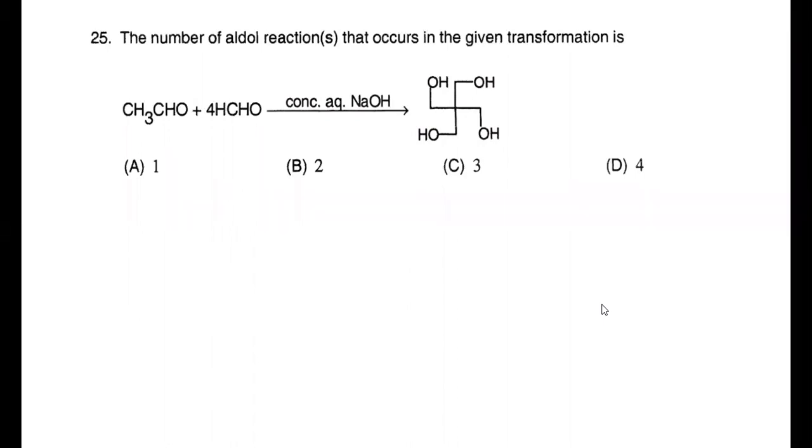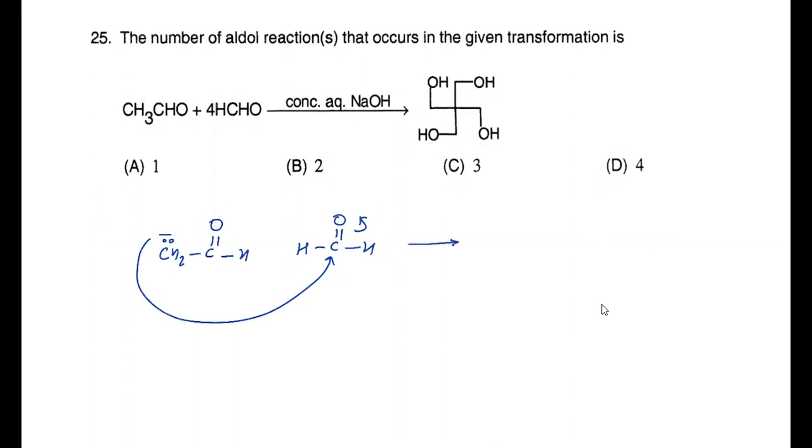So the step of aldol is it will convert first to a carbanion. So it is CH2CHO. This is the carbanion which will attack on the carbon intramolecular, or you may say crossed Cannizzaro reaction. Oh, sorry, crossed aldol condensation. So this reaction is crossed aldol condensation. So the product will be CH2OH, CH2 C double bond OH. And now here you can get the clue that one CH2OH unit is added by one aldol reaction.